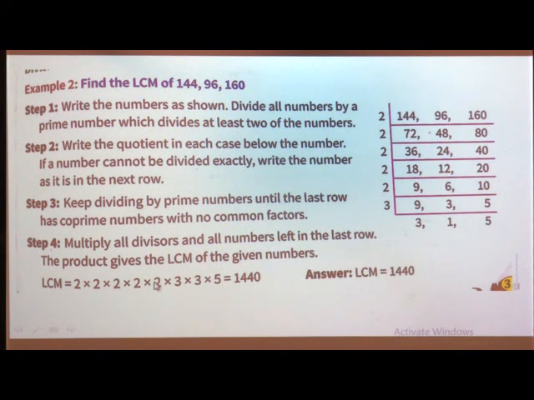Many students make the mistake of skipping a number, so we have to count once or twice again. If you skip one by mistake, your answer goes wrong. So when you are writing the product of the divisors, be careful, count once again, and then write the number. Now we have 3 here and 3 here, so we write 3 multiplied by 3, and we have a 5 here, so we will write 5.